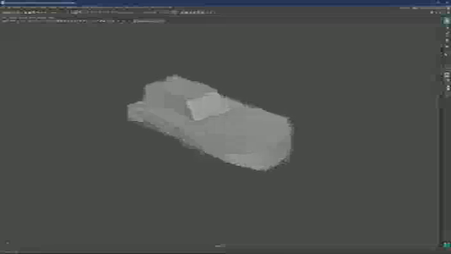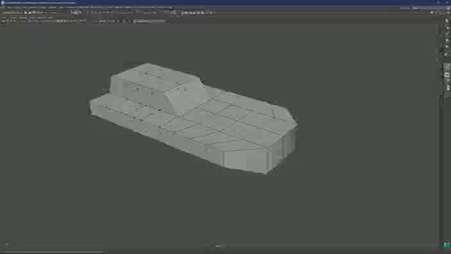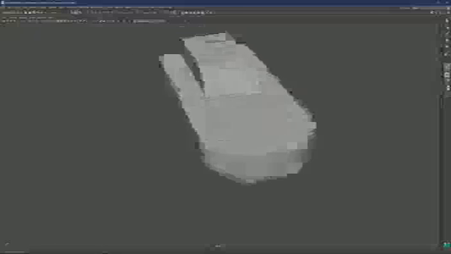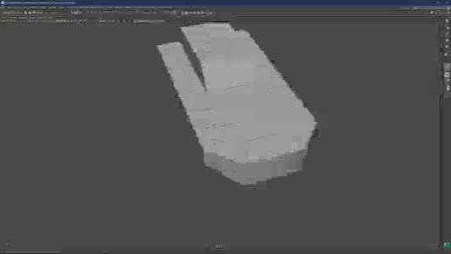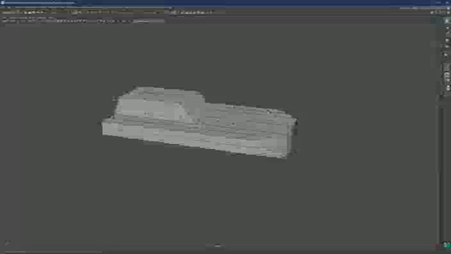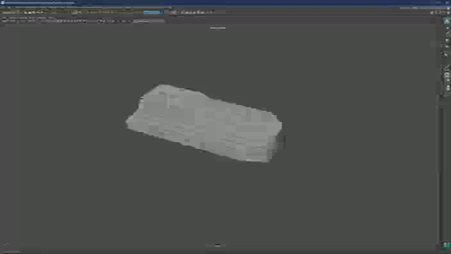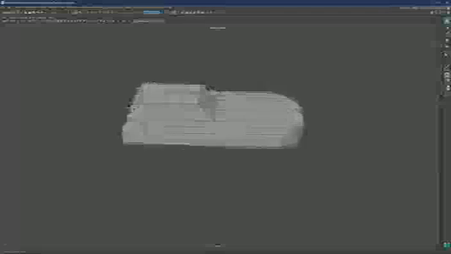So the next step that we would need is we need to add even distribution of edges. So let's just add, let's say, one more subdivision like so. So that's more or less we have enough geometry to work with. And let me also enable symmetry here.